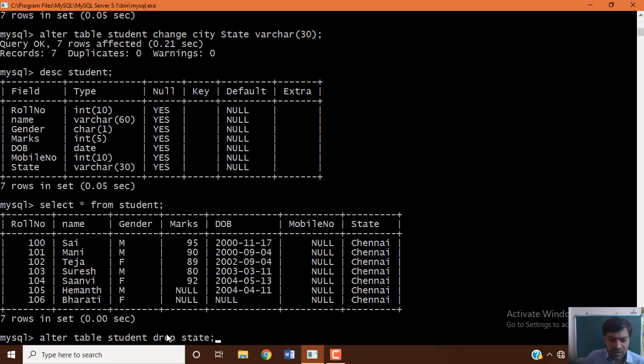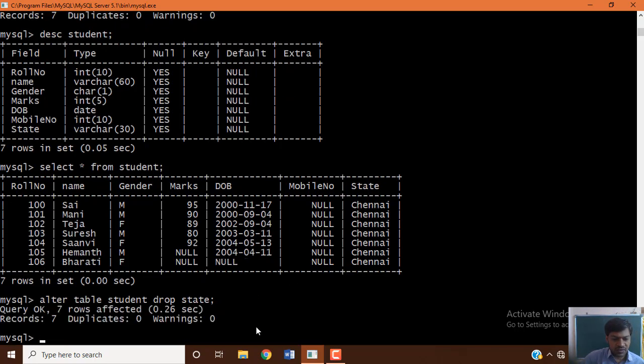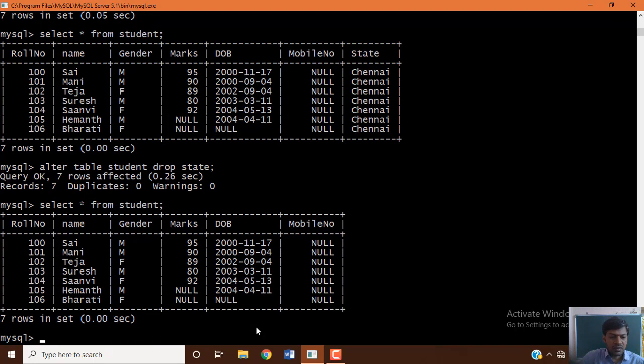The field name here in our example is state. That particular column or field or attribute will be deleted from your table. Let's execute. Then retrieve the data or structure of your table, in both cases you can see. Select star from student. See, the state field or attribute is deleted. In the same manner, if you want to see it within the structure, yes, you can see that.